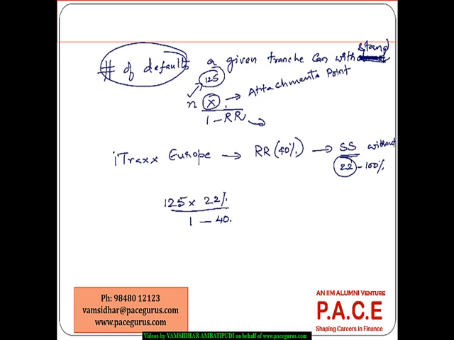So 40% is the recovery, so I'll do 1 minus 40%. Whichever comes, that would be the minimum number of defaults that this particular tranche can withstand, and beyond that there could be a loss for this particular tranche. So that's how we can compute the kind of withstanding any particular tranche can do before it starts